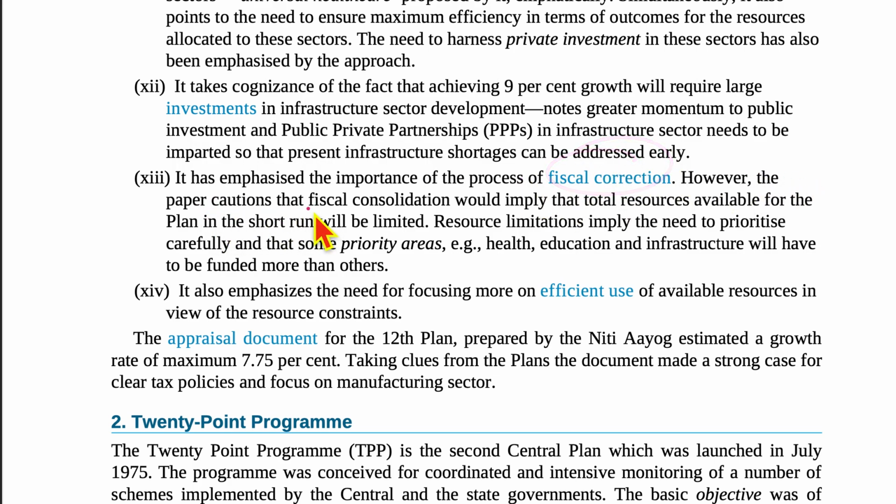However, the paper cautions that fiscal consolidation would imply the total resources available for the plan in the short run will be limited. Resource limitation implies the need to prioritize carefully, and that some priority areas, for example health, education, infrastructure, will have to be funded more than others. It also emphasized the need for focusing more on efficient use of available resources in view of resource constraints. The appraisal document for the 12th plan prepared by Niti Aayog estimated a growth rate of maximum 7.75%. Taking cues from the plan documents, it made a strong case for clear tax policy and focus on